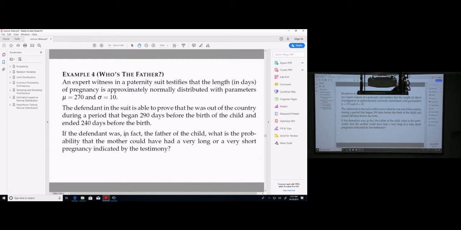Now this is not an academic example. I was told that this is actually one of the very small arguments in a legal case, all right? The legal case is actually the husband suing the wife that the child is not his, all right? Because he knows that he was away 290 days before the birth of the child and 240 days before the birth. So during these 50 days, he was not around. And if the normal pregnancy is 270 days and sigma is equal to 10,